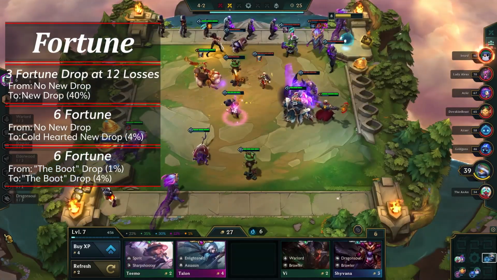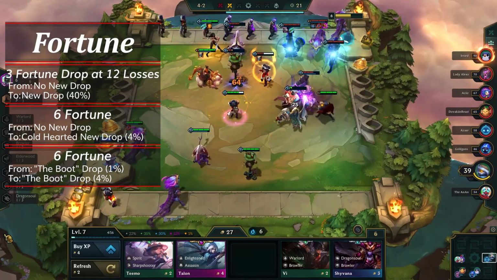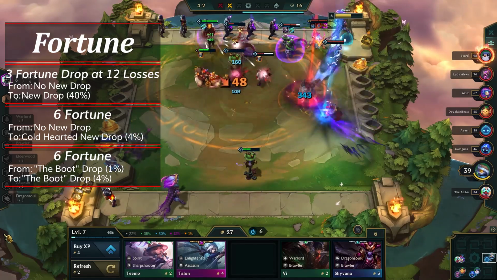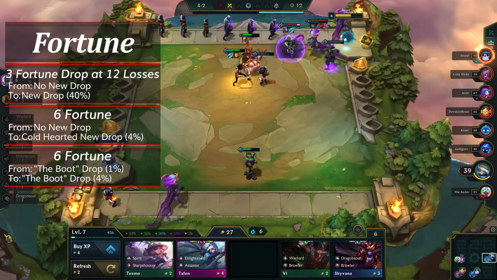The chance of it happening is going from 1% to 4%. Since the other change also mentions 4%, it's likely to be different from the boot dropping, so that further points to the cold-hearted drop being a Frozen Heart. In any case, the only way to know for sure is for players to go out and play a lot